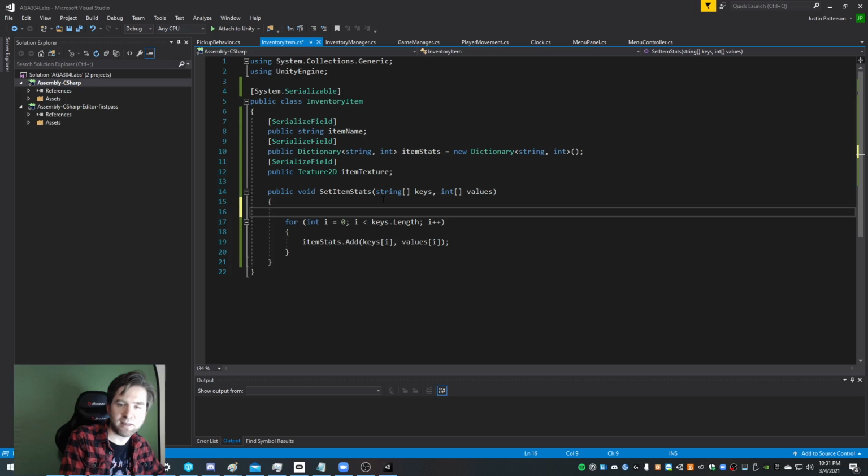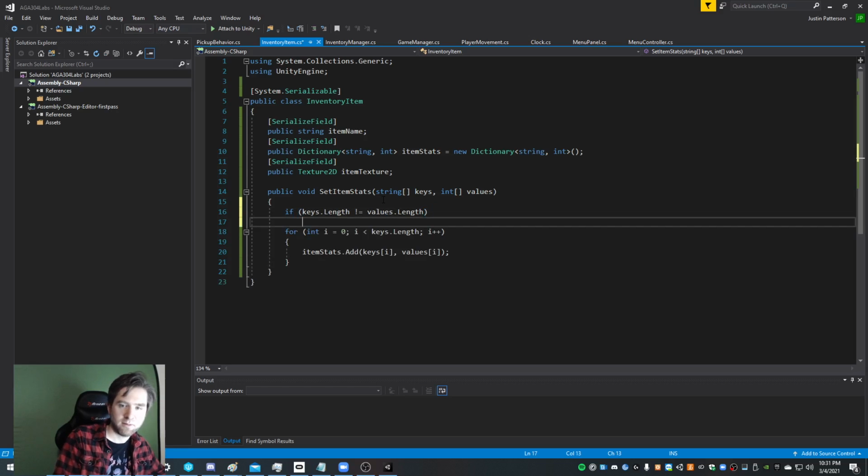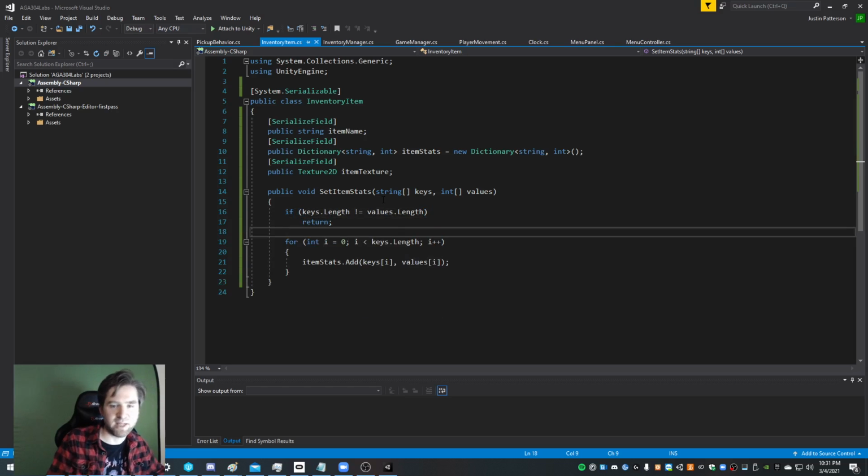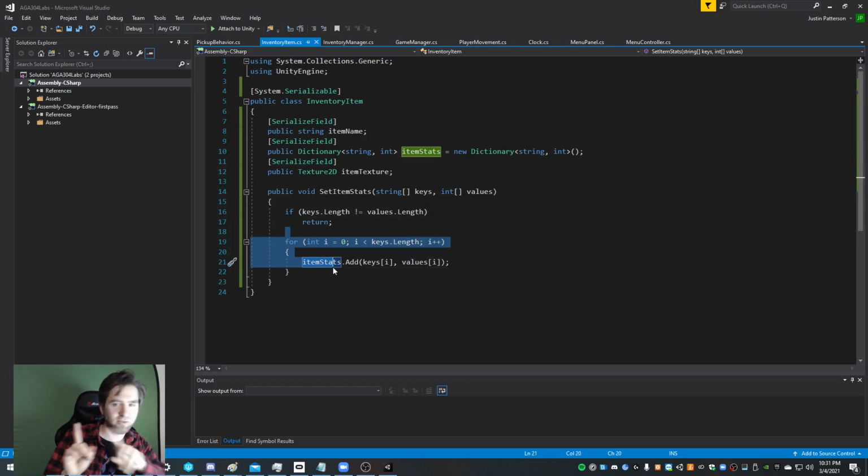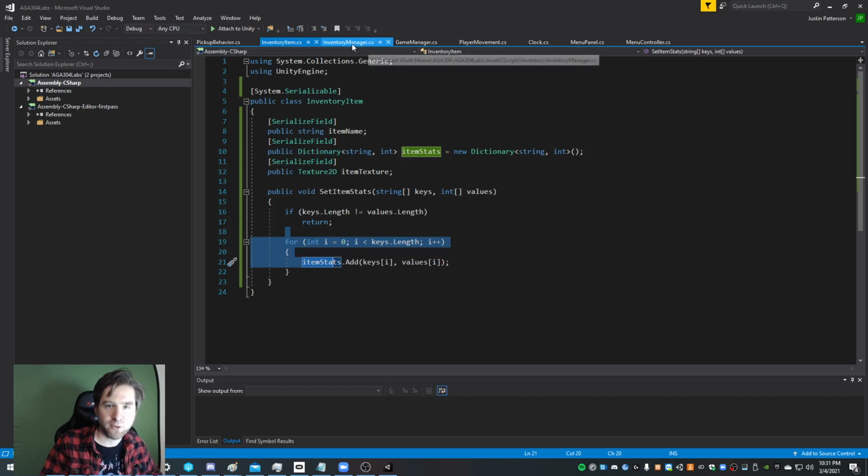And I'll say if keys.length is not equal to values.length, then return. Don't try to add them, because they should be the same, or if they're not the same, then somebody did something wrong. Now I'm gonna pop back over to my